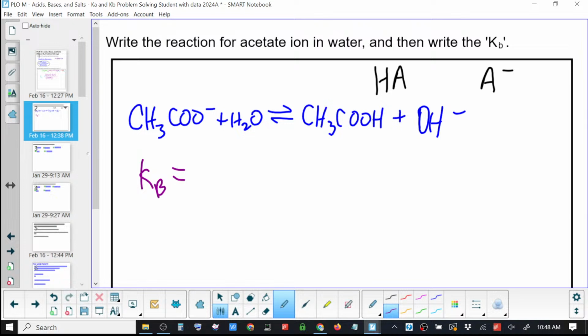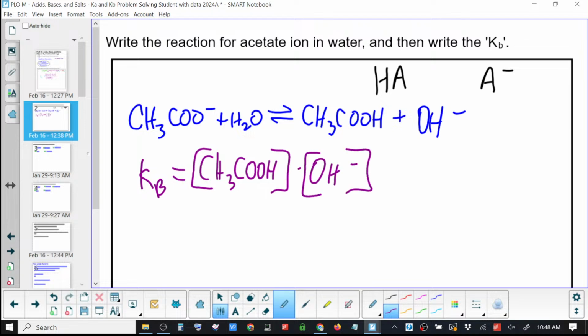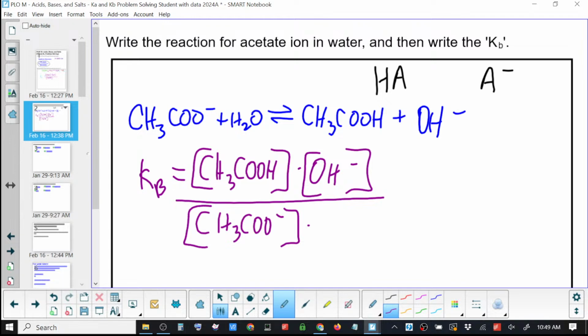How do you do a Kc? This is a Kb, so it's the same thing but for a base. So what is products over reactants? CH3COOH times OH minus over CH3COO minus. Is that a product or a reactant? Product. And reactant. And it's products over reactants. So which one first? Times nothing. Excellent. Well done. You didn't fall for that trick.